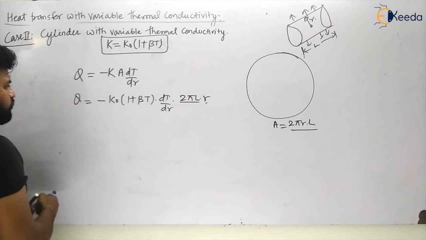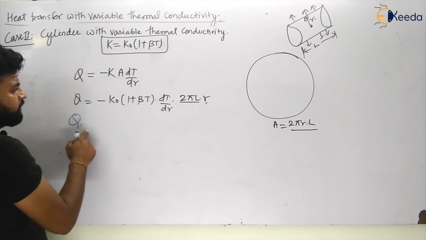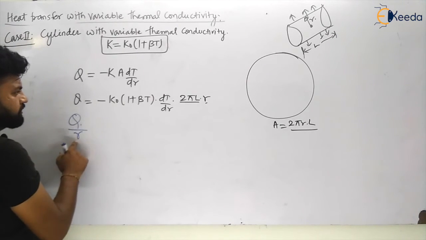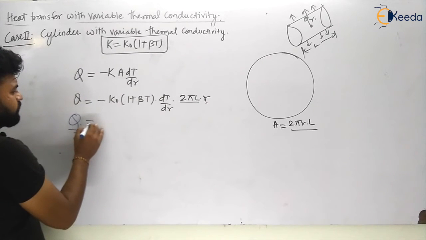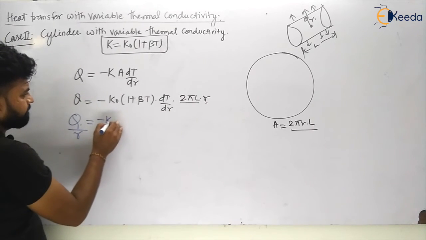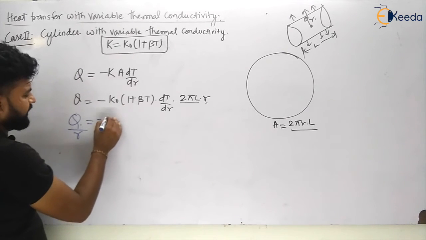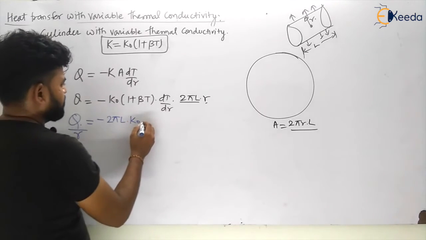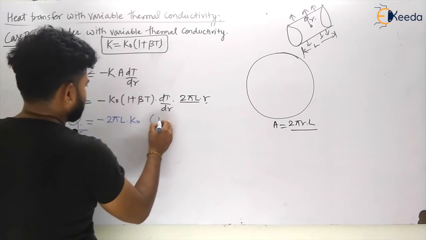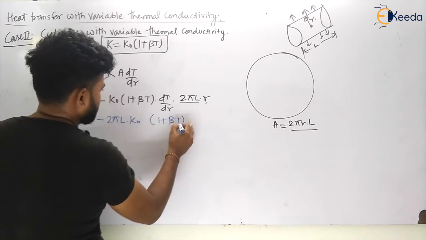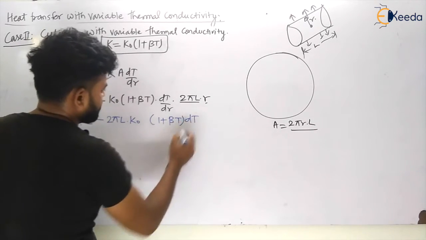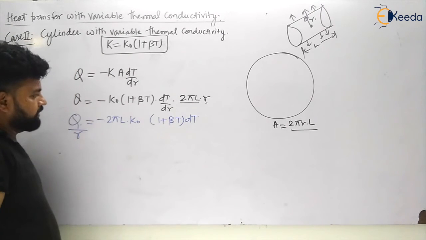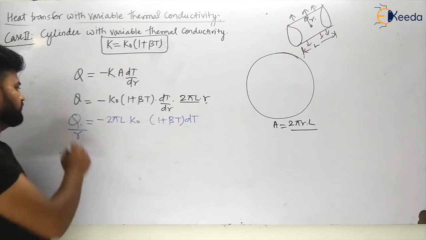So this will become equal to Q, multiplied by nothing. I am taking R to this side. So this will become minus of K naught, or we can directly write 2 pi L into K naught, into again (1 plus beta T), and dT. So let us integrate this equation, and let us have the value of heat transfer with variable